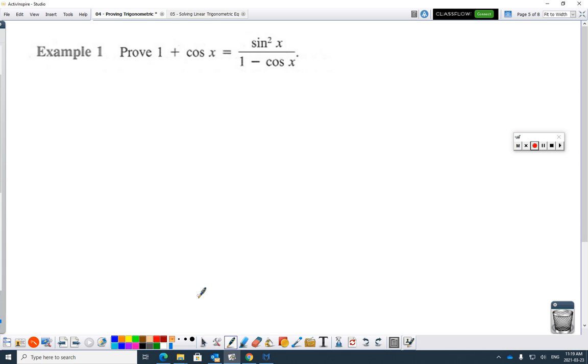First one, prove that 1 plus cos x is equal to sine squared x over 1 minus cos x, for all x values. We want to prove this is always true. So the proper form is to go left side, right side, and draw a line right down the center, and I'm going to draw the line way over here